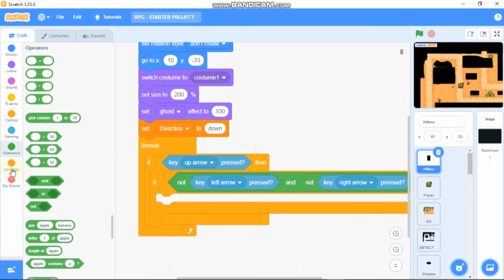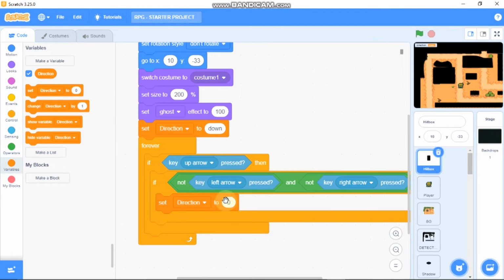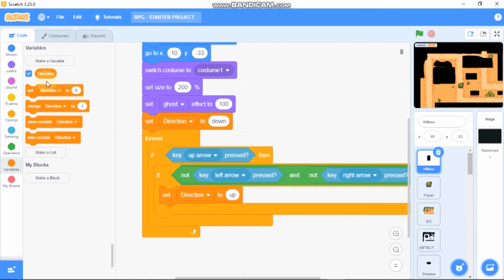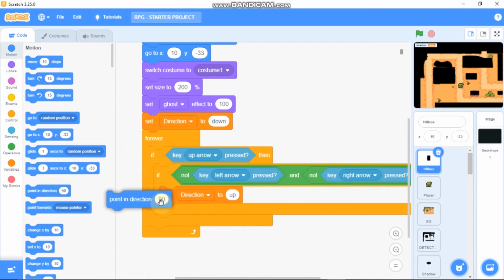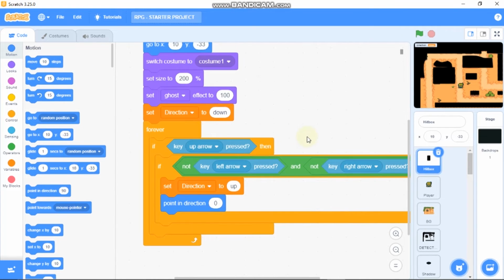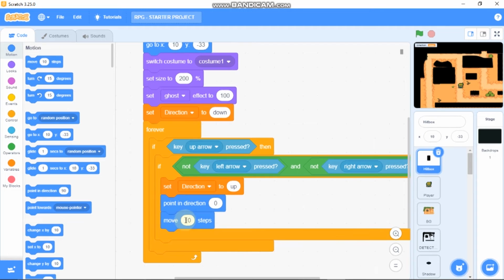Then we need to set direction to up, point in direction 0, and we need to move like 8 steps.